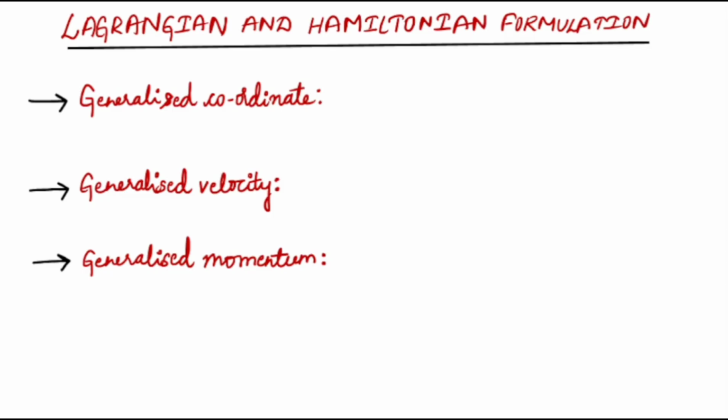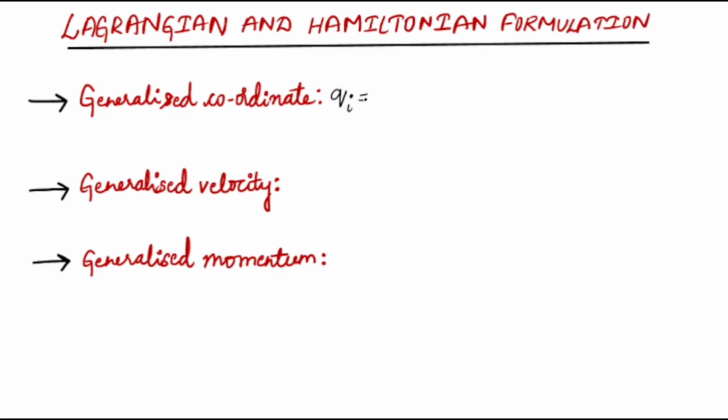In this video, I am going to explain Lagrangian and Hamiltonian formulation. Before going to Lagrangian and Hamiltonian formulation, let us see what is generalized coordinate, generalized velocity as well as generalized momentum. Generalized coordinate is represented by the symbol qi,